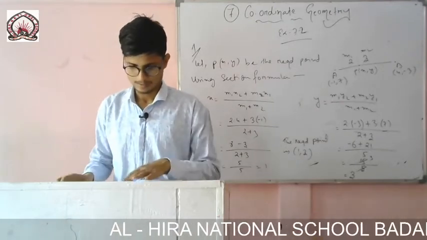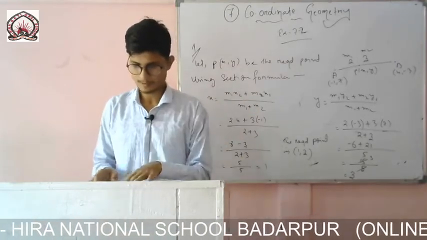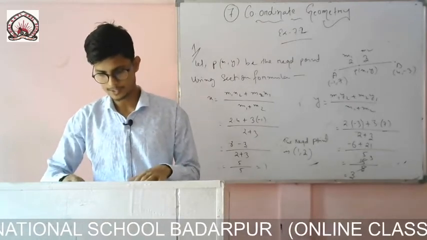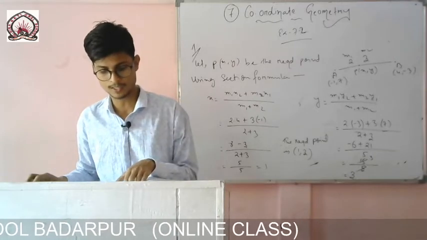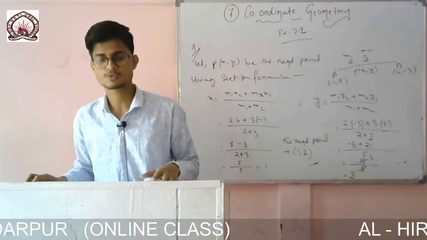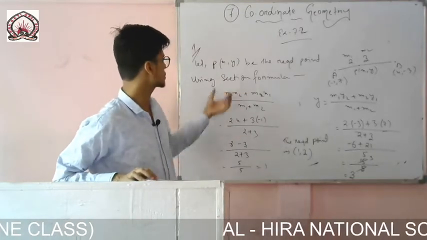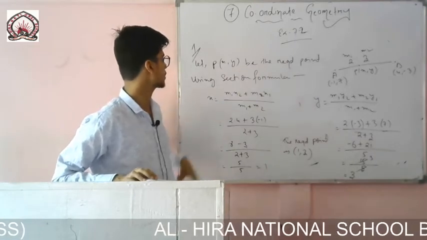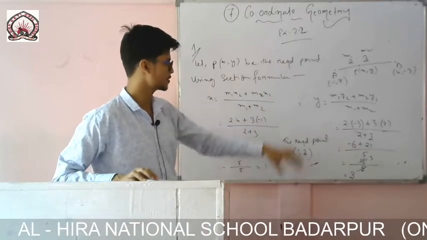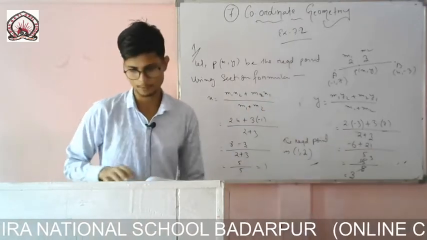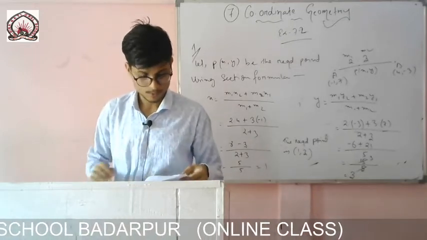Okay. So same one, example number 6 also, you see the same method is given on page number 189. You see example number 6. Find the coordinate of the point which divides the line segment joining the points 4 comma minus 3 and 8 comma 5 in the ratio 3:1 internally. So same like this one, you will write let P(x, y) be the required point, then you will use the section formula. First of all you will find x, then you can find y also, and therefore the required point is found the same way. So you practice this one.